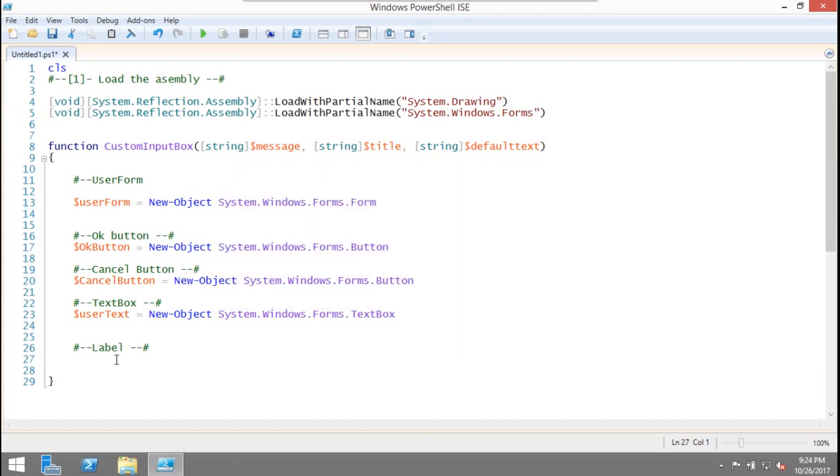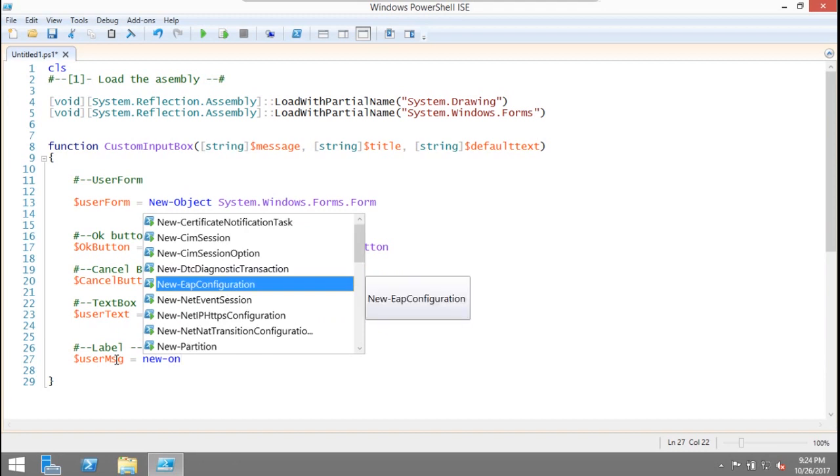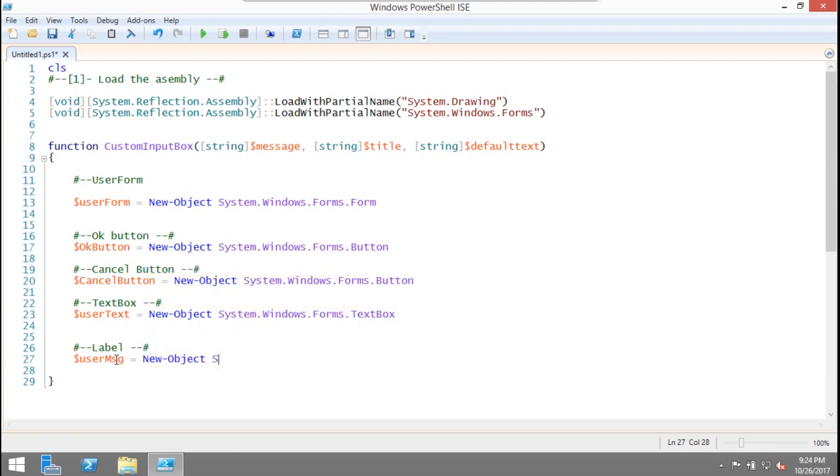Similarly, the label will be label, or you can say user msg, equals to new object, System.Windows.Forms.Label. Okay, we have created them, but as of now we will comment them so that we can create components and test